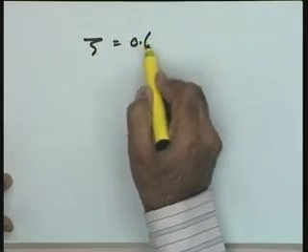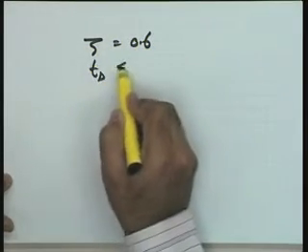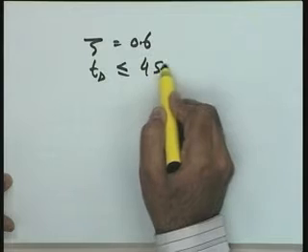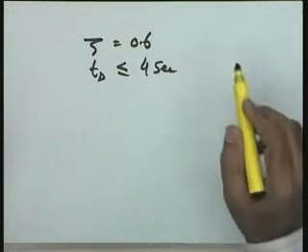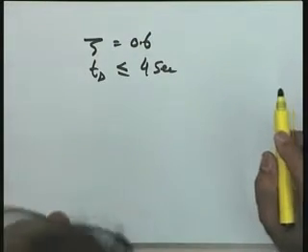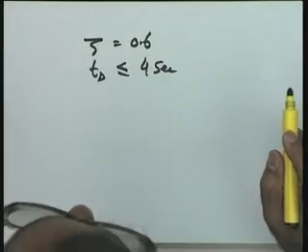Let me reverse the problem. The transient requirements the user has given me are zeta equal to 0.6 and settling time Ts less than or equal to 4 seconds. I can meet one of these parameters with only Ka, by selecting a suitable Ka, and then I have to check whether the other requirement is satisfied or not.